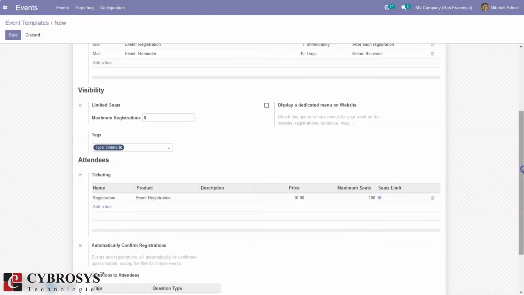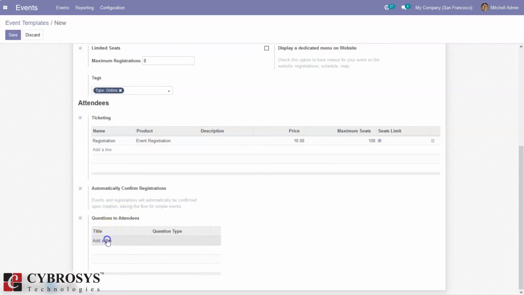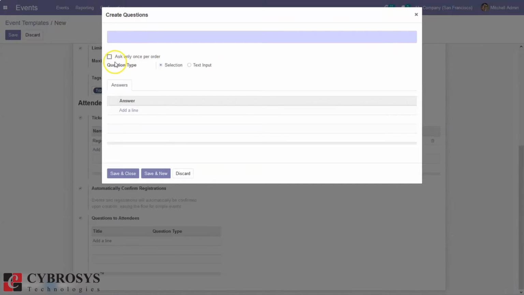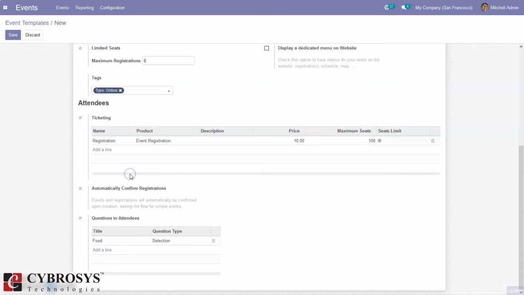If we are providing them food, we can ask whether they are vegetarian or not, this way. Multiple questions can be added here, and you can see the template.